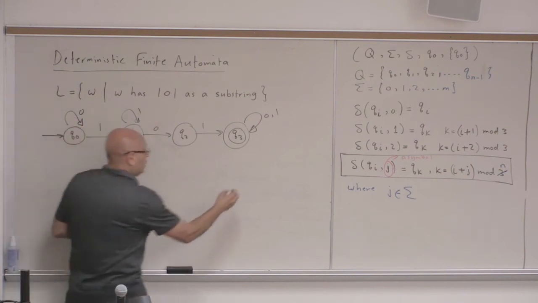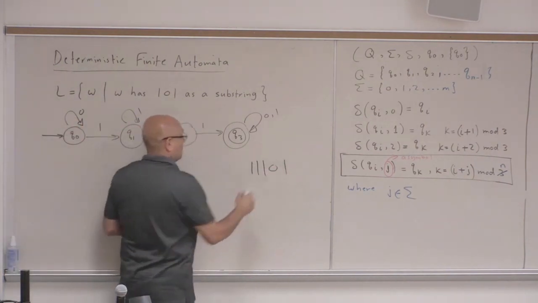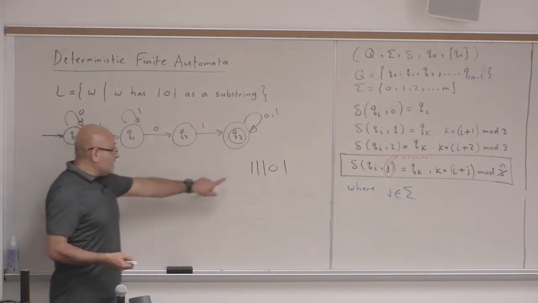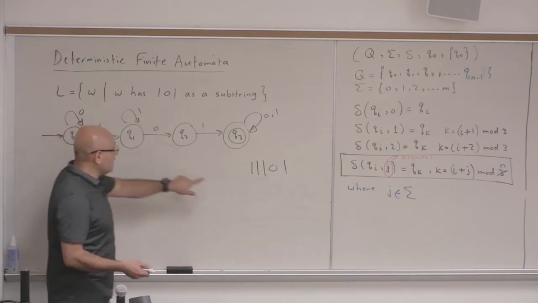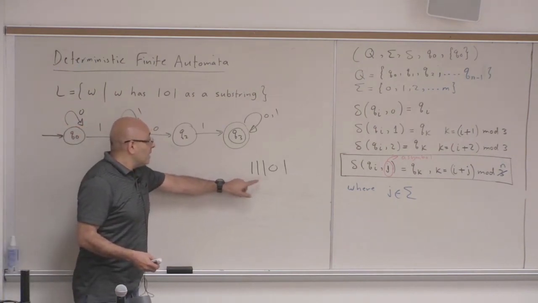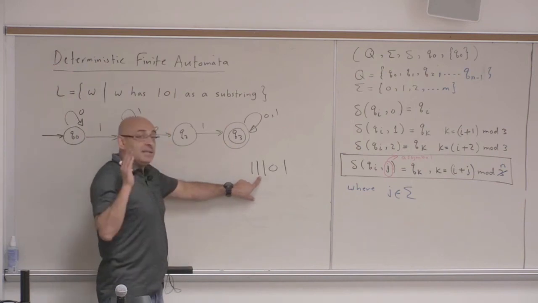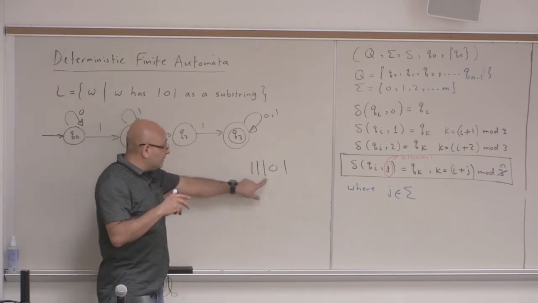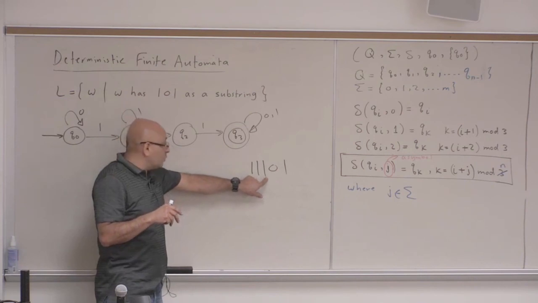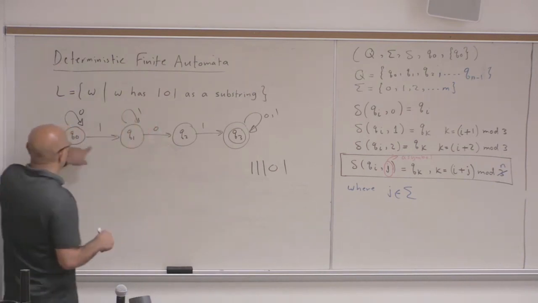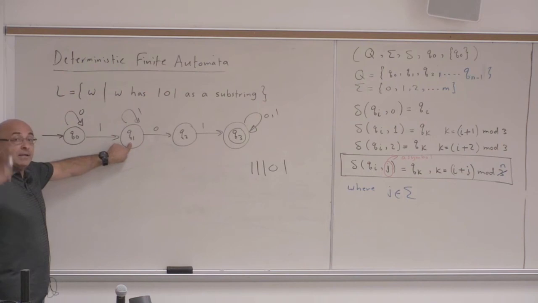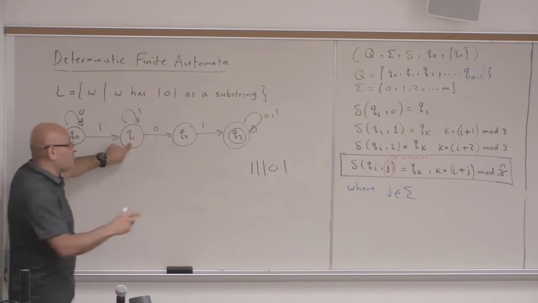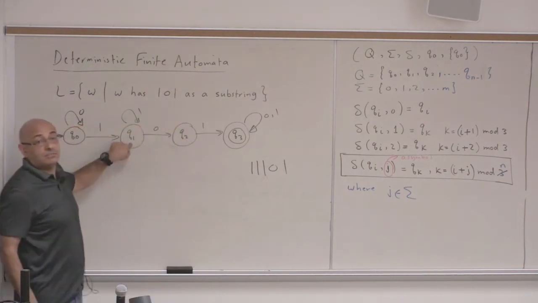Okay, now look at this. If you have a string like this, the first 1 is going to take you here. Where should the second 1 take you? You stay there, because you are saying that I have seen the 1, I'm waiting for the 0. But the next doesn't turn out to be 0, it turns out to be a 1, so you stay waiting for that 0. So here, Q1 means that I have seen a 1, and I'm waiting for the 0. And if I keep getting 1s, I'm going to count this one as the first one in the substring that I'm trying to match.